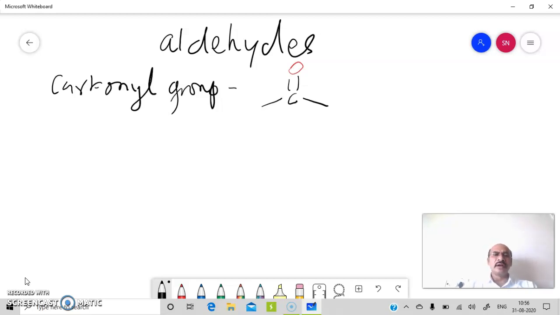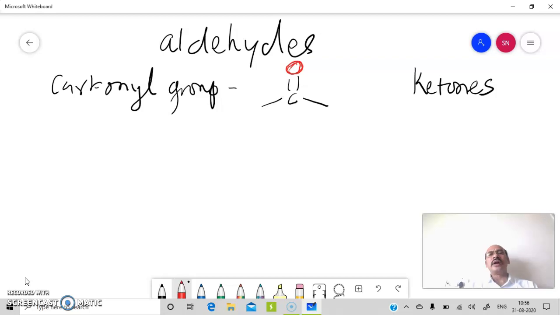So here an alternative class comes, and that is ketones. So aldehydes and ketones are carbonyl compounds. That means compounds containing carbonyl group. So you have to remember what is that carbonyl group. Carbon tetravalent, two single bonds around it and a double bond to oxygen. So here presence of oxygen to carbon with a double bond is the identity of carbonyl compounds.